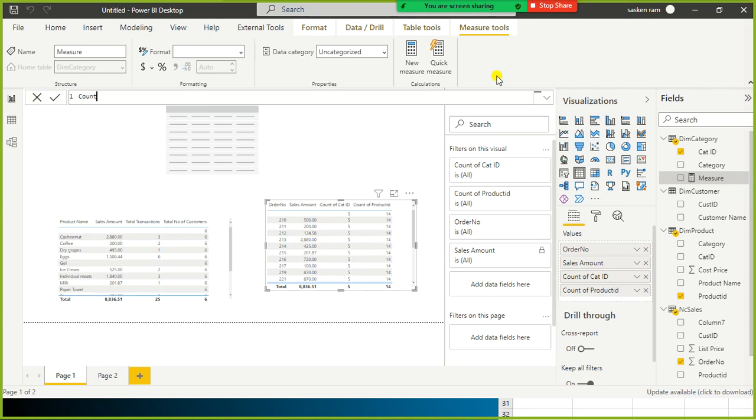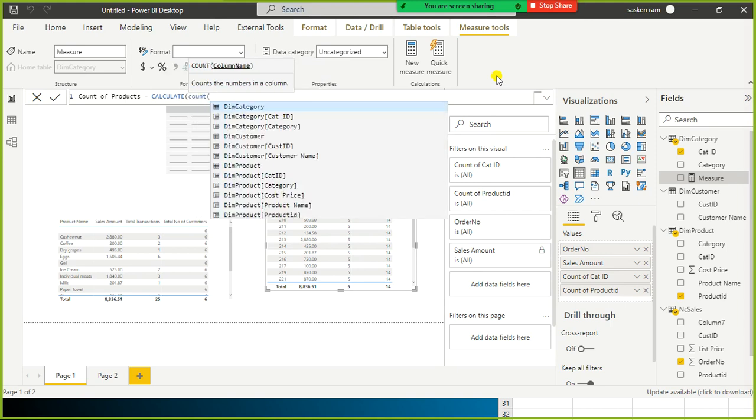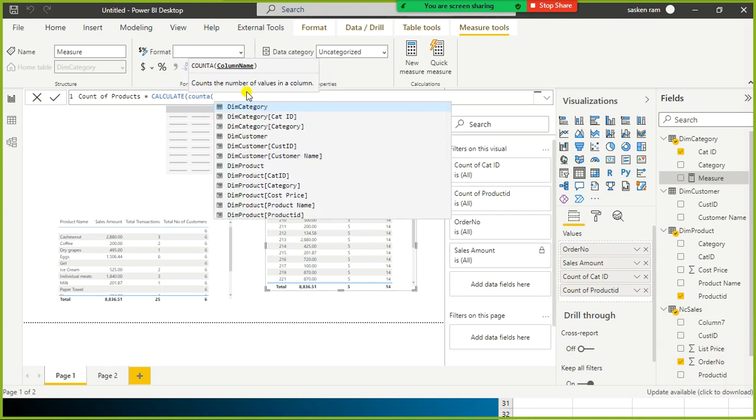Here I just say count of products. Here I'm going to use a function called calculate. Here I just use count of the product ID. Product ID is the text data type. What I do is, instead of using count, we have something called count here function. Product ID,